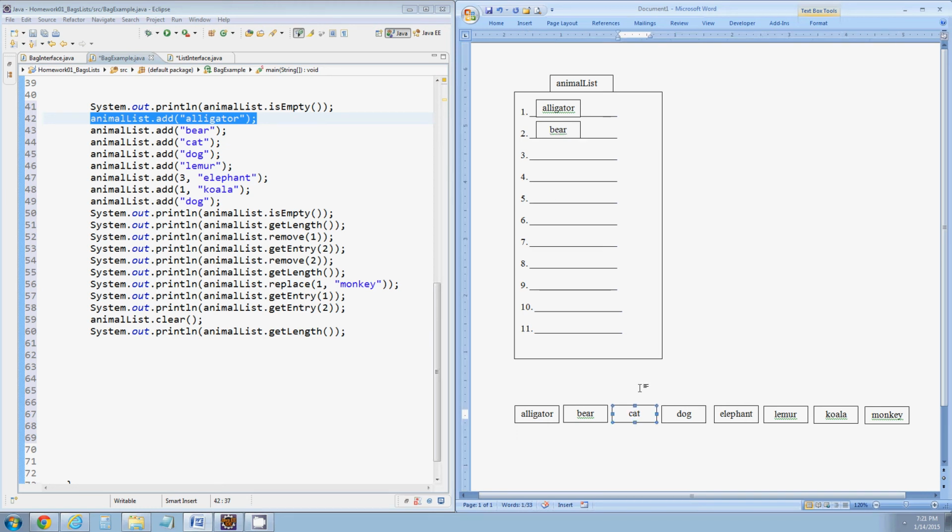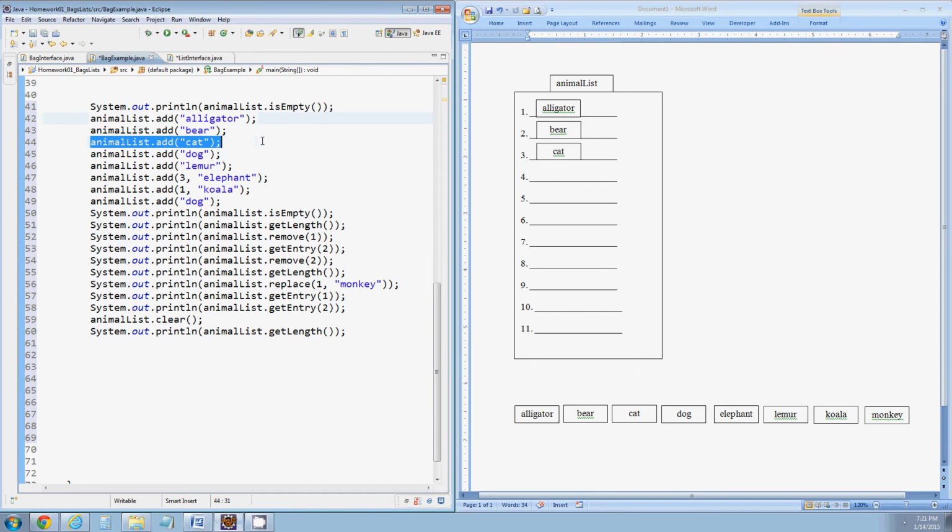Cat will get added to position 3. So we're down to here now. Dog will get added to position 4. Lemur will get added to position 5. Okay, so now we're down to here, and we have an add method invocation to add at a particular position